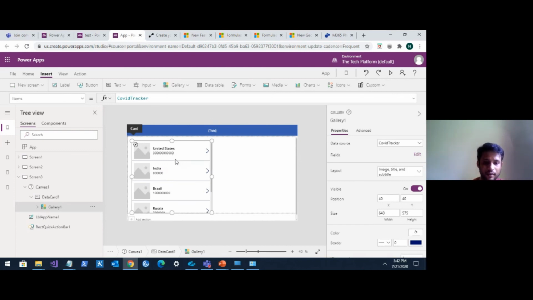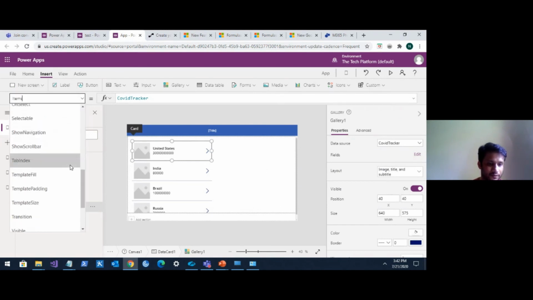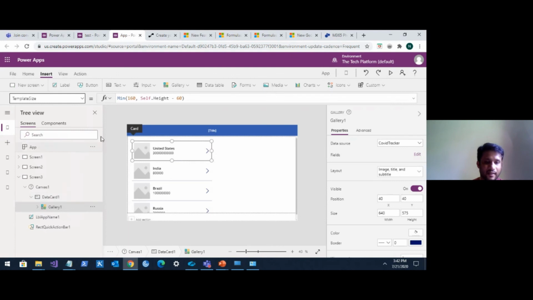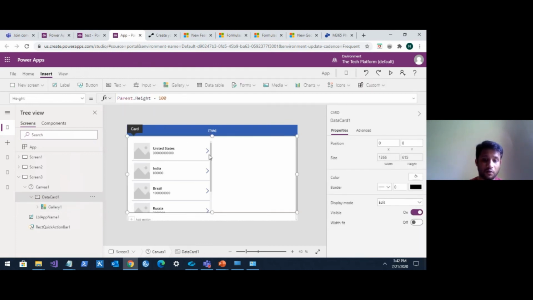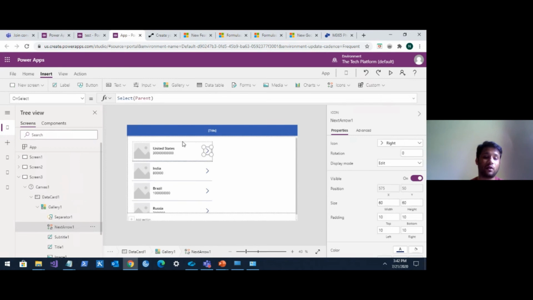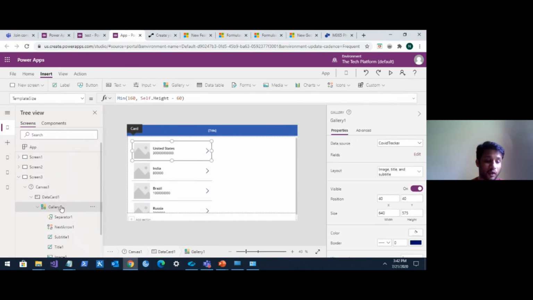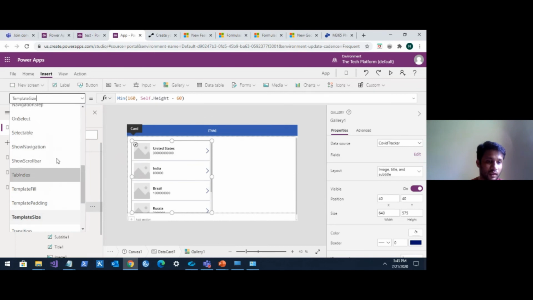To do that, every gallery has something called a template size. So if you see here, you have something called a template size. And if you add something like a new control over here across all your gallery, that makes the gallery bigger. So the size of each template you can choose varies according to the controls that are in it. So for now, I have something called 60. And to make this dynamic, I'll go ahead and set the height of the whole gallery with a quick formula,